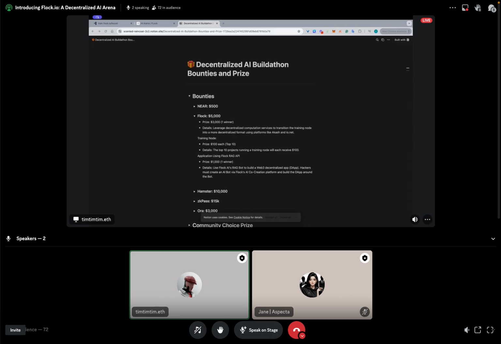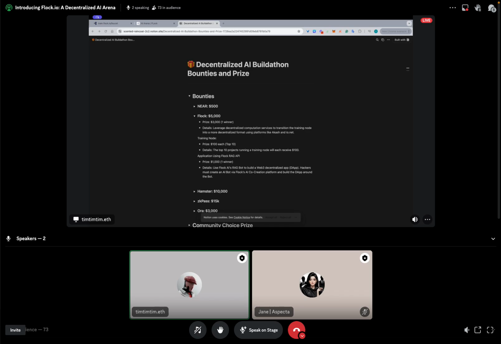You need to provide a solution and also running evidence to show that you've run your training node or validator nodes on top of these cloud services and provide a detailed guide towards that. For example, you can check our Akash guide as an example.